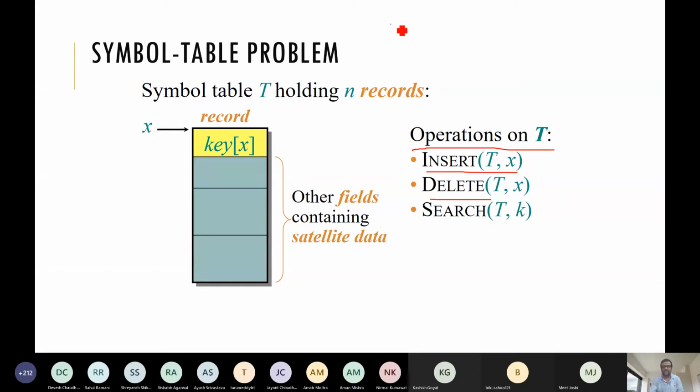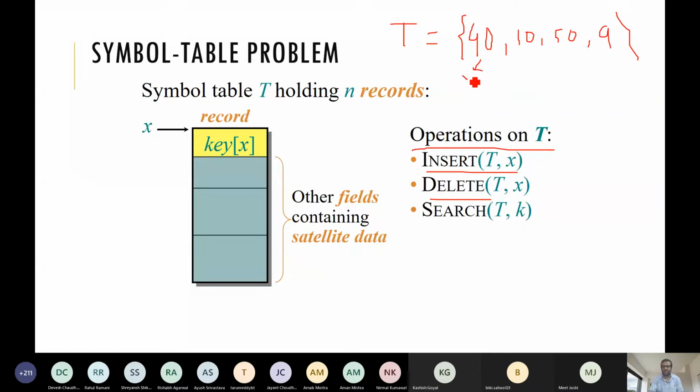So T is basically a dynamic set which is storing some records, and these are the key values of the records: 40, 10, 50, 9. Each is associated with a record.